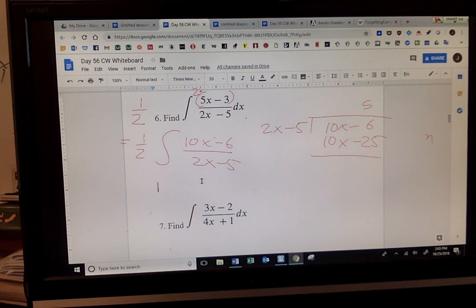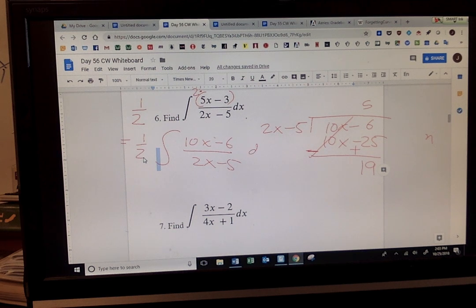Now I don't know if you remember your division. You should switch the sign because you're subtracting, right? What's negative 6 plus 25? 19. And in case you vaguely remember, that's called the remainder, right? And that's the quotient. I'm going to write this. So I've done the division. I'm going to write this in a slightly different way than you were taught in IM3. See if you vaguely remember this.